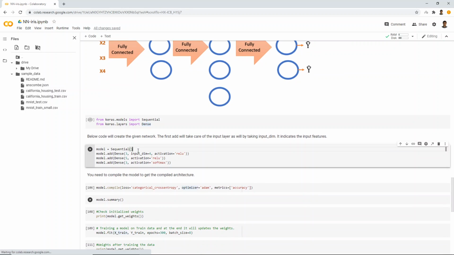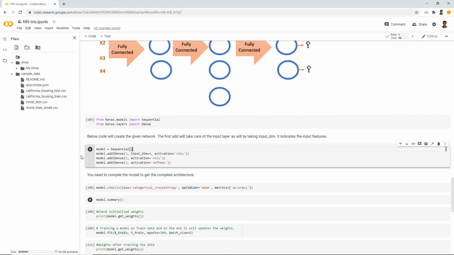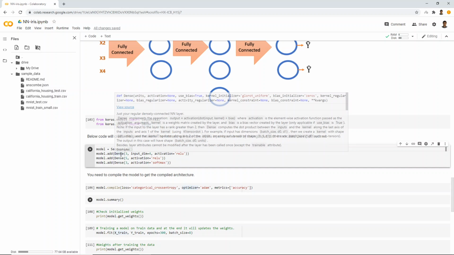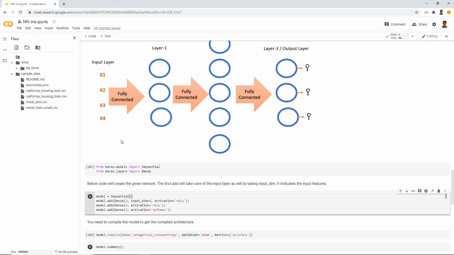Now we will initialize this sequential model. You can have a different name over here. Then I am adding the first layer. This dense layer will add the first hidden layer, not the input layer. It will add the first hidden layer with three neurons,